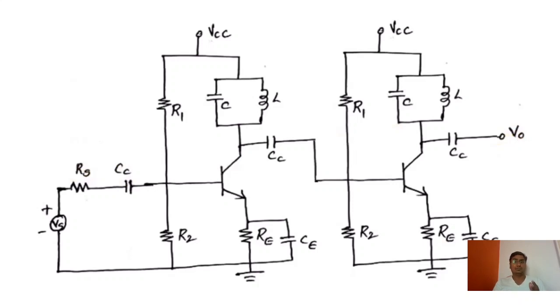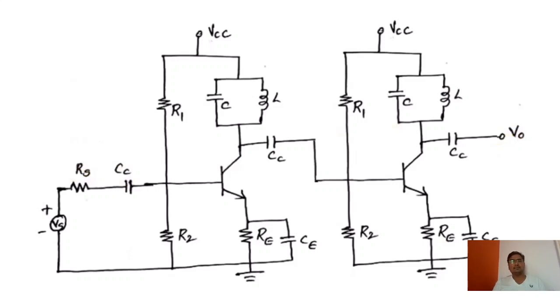That is most important. Don't use a double tuned amplifier. Obviously with a double tuned amplifier it won't work at all. So this is the circuit diagram. And let me tell you that we are not going to analyze this. Why are we not going to analyze the stagger tuned amplifier? Because it's not needed, because we had the analysis of the single tuned amplifier. Whatever analysis I applied for the single tuned amplifier, the same amplifier I am connecting here, just a cascading. So that's why this analysis is not included in this chapter.